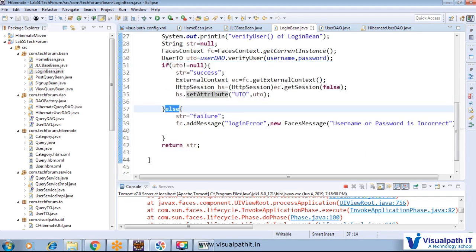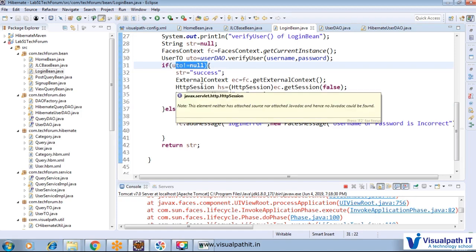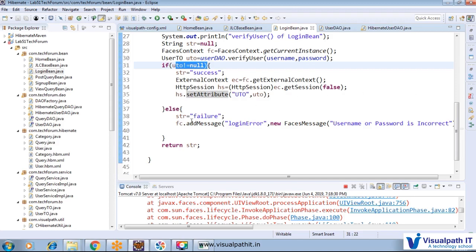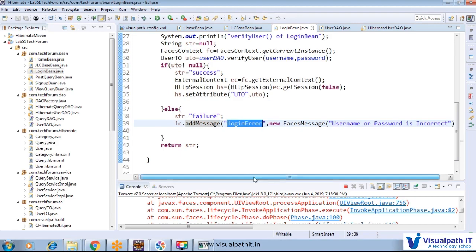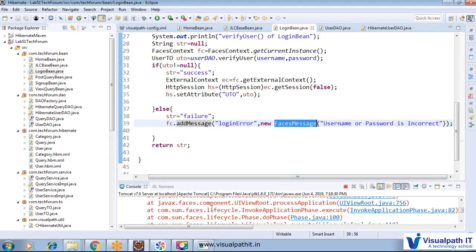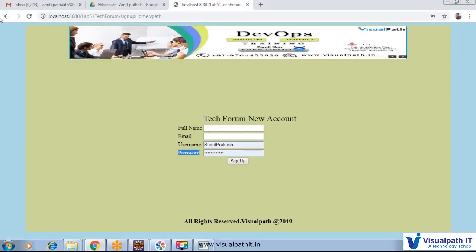If it is null, it means that the user ID and password are not correct, so we will pass here failure, and after that fc.addMessage, here we will pass some message. So a new FacesMessage, and that message we will get as the login user message, and we will show here